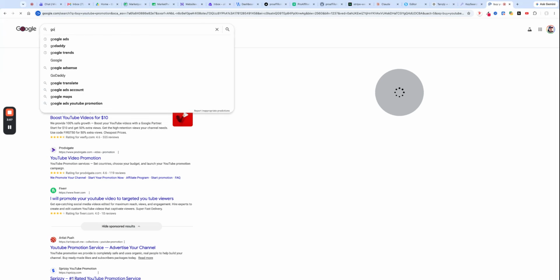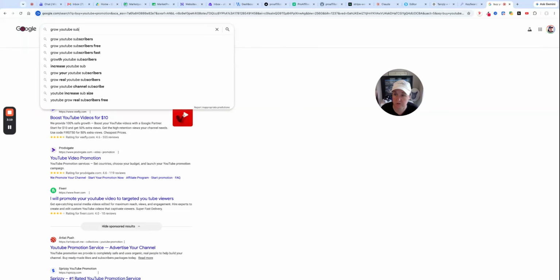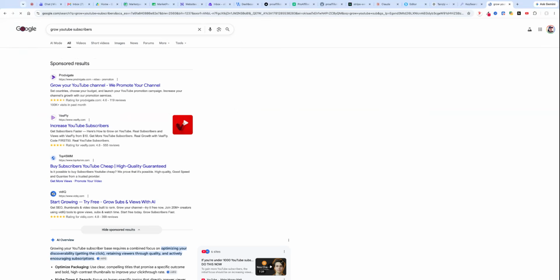"Grow YouTube subscribers." So people would type this word and boom, all of these first few results right here, all of those are paid results. People are bidding on that keyword. And based on your optimization score and bid, you would go up and down whether you'd be at the top or the second ad or the third ad. But this is how search works. I do the same thing in Bing. Those are paid services. So not everybody has money to spend on paid ads.